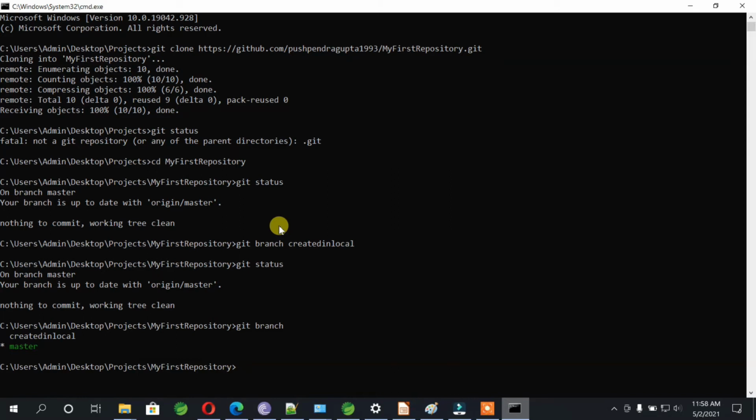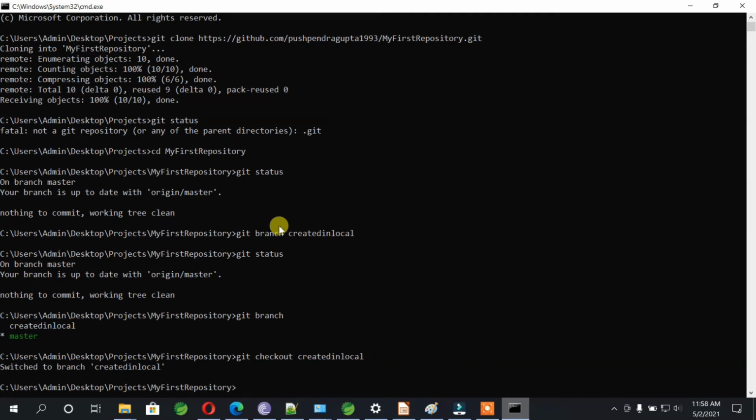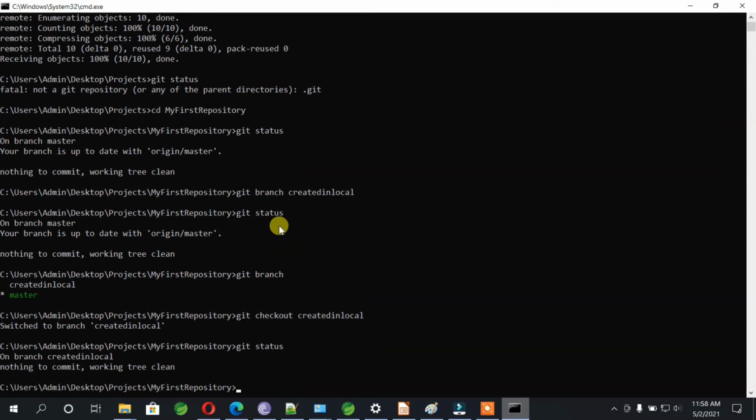To go to the other branch, you can type git checkout and then that branch name, created in local. If you see, it switched to the branch. Now if you check git status, you can see on branch created in local. So let's go inside this